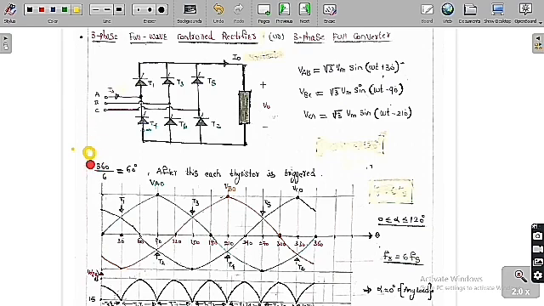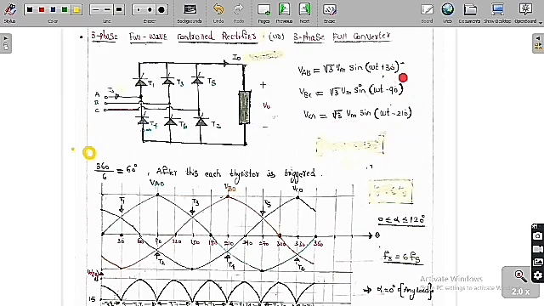So these are the phase voltages, but I want to know the line voltages: VAB, VBC and VCA. VAB is equal to VAO minus VBO. If you do VAO minus VBO, we finally get root 3 Vm sin(omega t plus 30 degree). Similarly, VBC is equal to VBO minus VCO, and if you do this we get root 3 Vm sin(omega t minus 90 degree). Whereas VCA is equal to VCO minus VAO, which is root 3 Vm sin(omega t minus